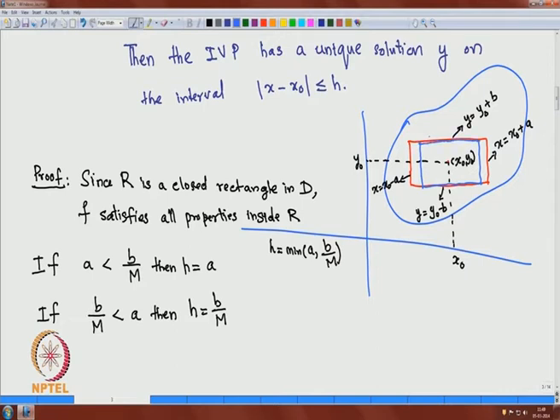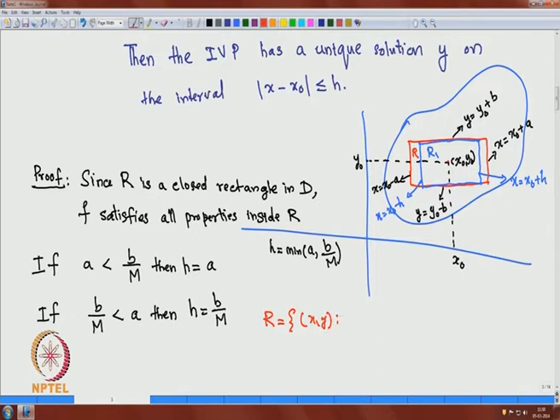So, this line is x is equal to x0 minus h. So, this line is x is equal to x0 plus h. So, we have two rectangles, one you can call R1, and the first rectangle is R, or we can write R is